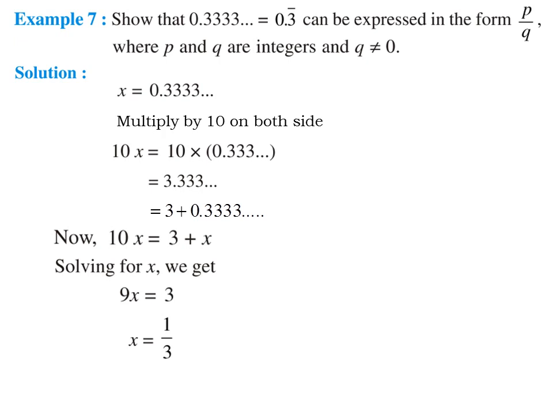So here we can say it is the p by q format of the non-terminating decimal expansion. So we can write 0.333 up to infinite, or 0.3 bar, is equal to 1 by 3, and it is the p by q form of the given rational number. Now again let us discuss the next question of the same type.